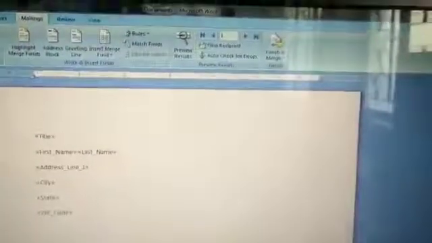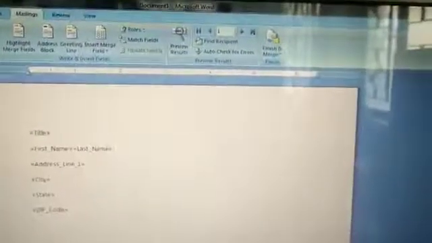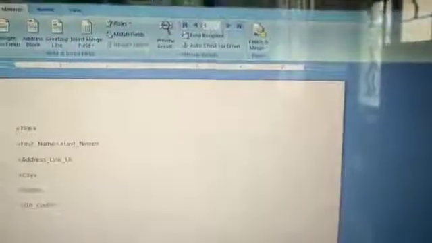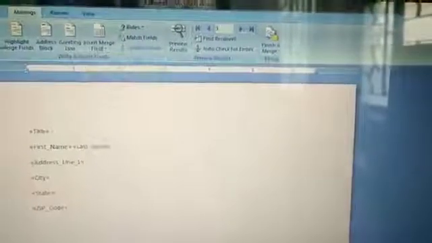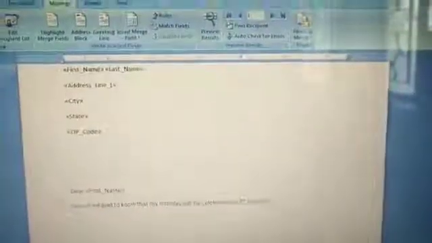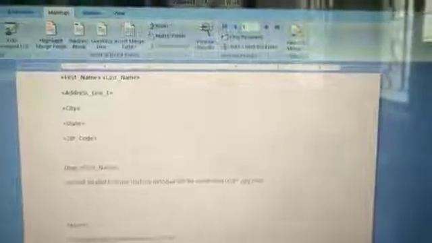Okay, it is done. Then after Dear I am leaving a blank space, because I have to add my friend's first name. So we have added this. The content is done, and the letter is also done.